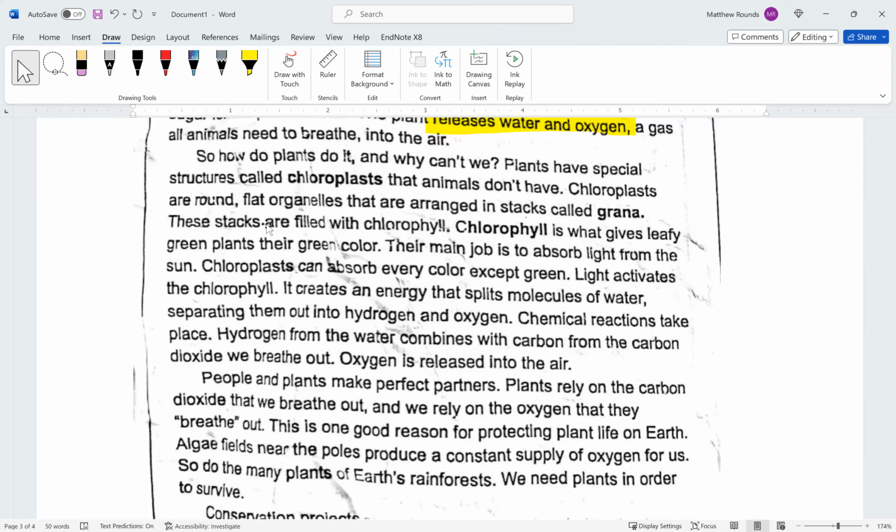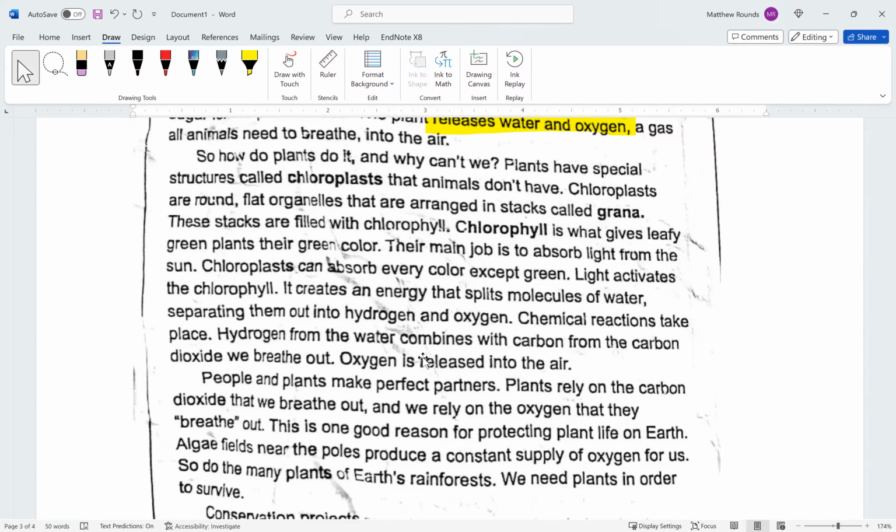Can you tell me in your own words why plants are green? It gives leafy green plants their green color. Okay, I mean, that's true. Chlorophyll. Okay, so you can say that plants contain chlorophyll,